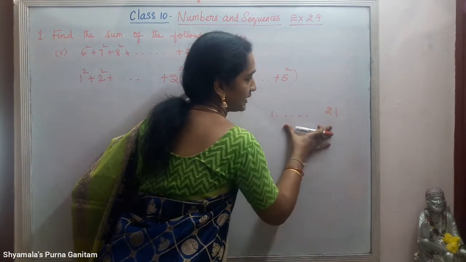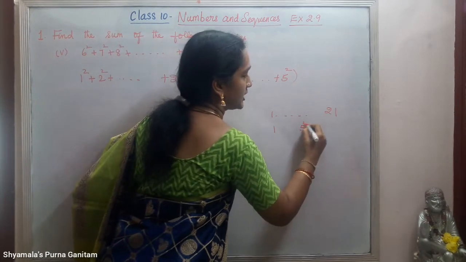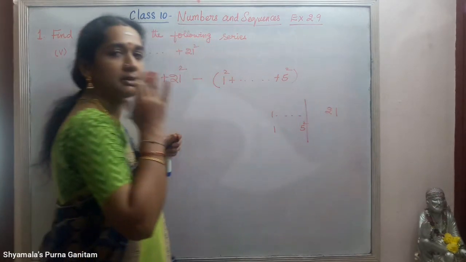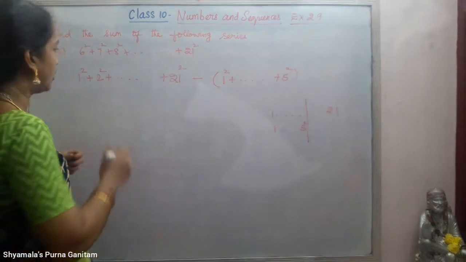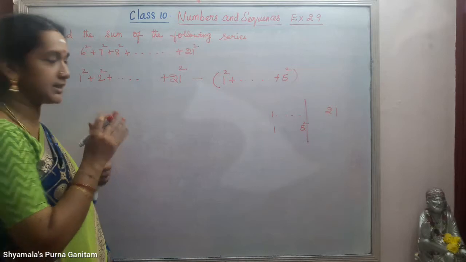Whatever sum we get from 1 squared to 21 squared, we will take minus 1 squared to 5 squared. If we subtract this, we will get the sum of the remaining numbers, that is the required sum. Okay, so the formula for the sum of the square numbers is